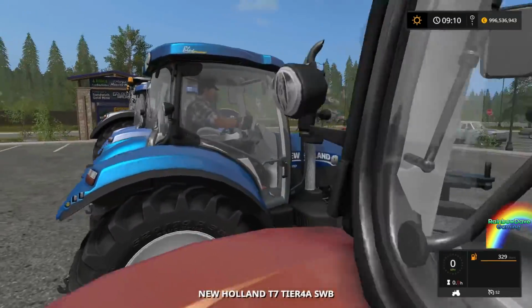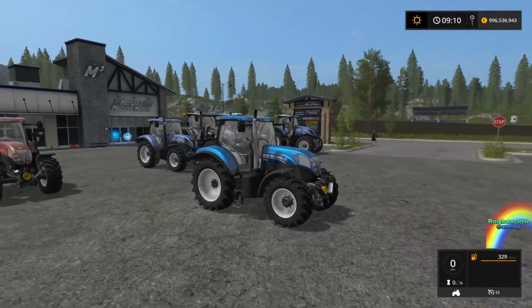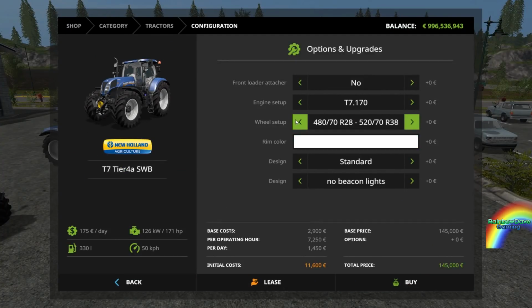Let's test out the T7 Tier4A pack. You might notice immediately the wheels look a bit off. These are not the wheels that this is supposed to have. These are the default wheels, which, if I were to put the correct wheels on, the wheel setup would be...